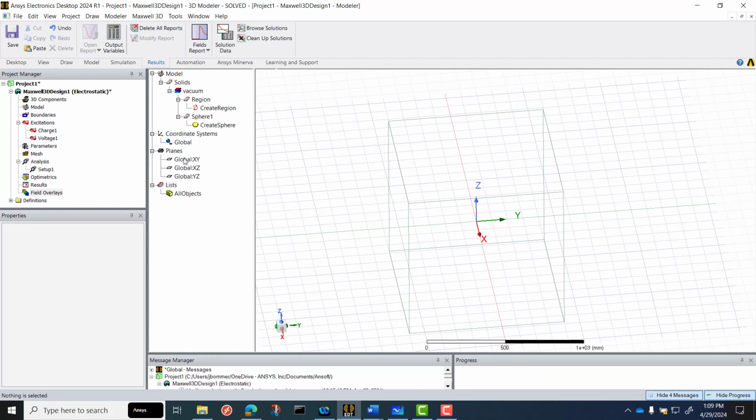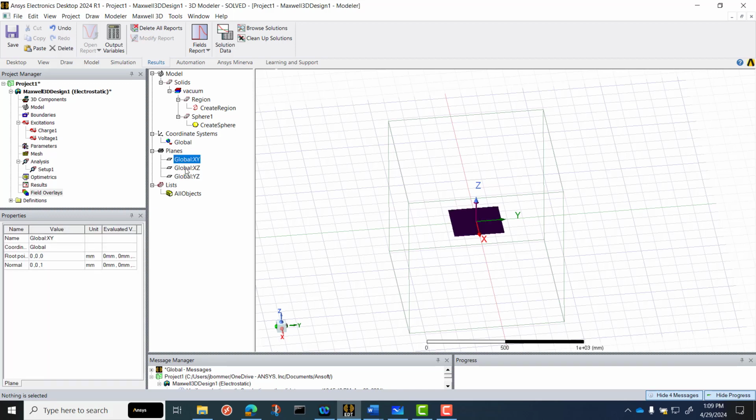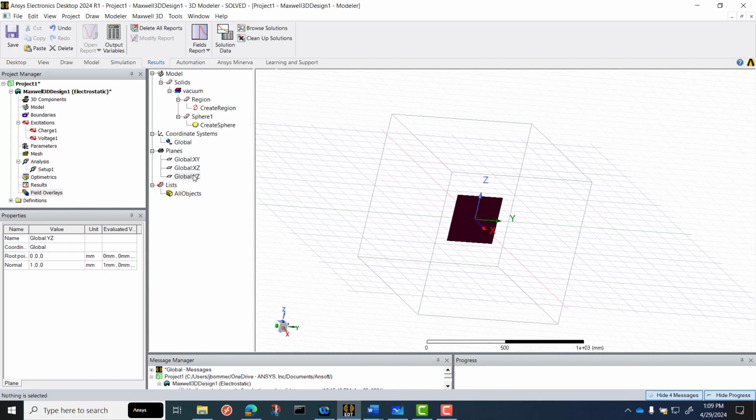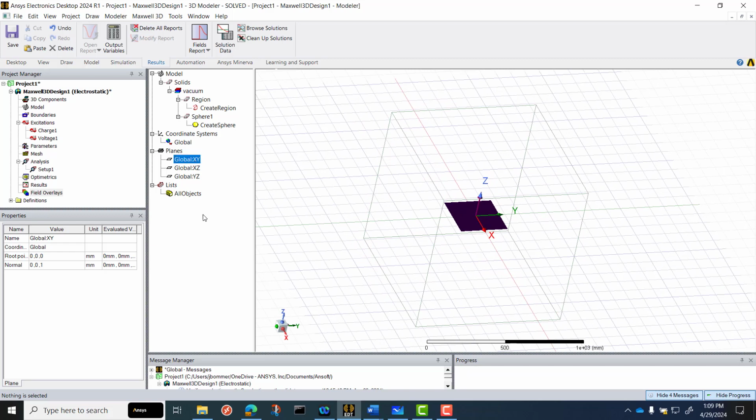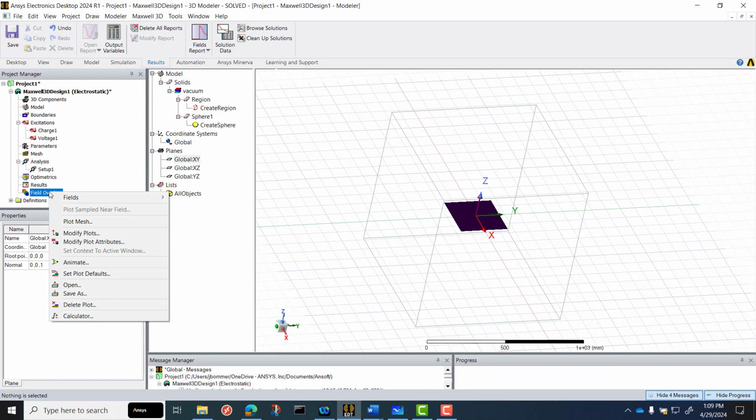These planes are also defined in advance. So these are just defaulted values. And as I click on them, they're basically showing the direction of the plane with the given name. I'm going to choose global XY. And as long as that's selected, I can now come into field overlays, and I'm going to right click and